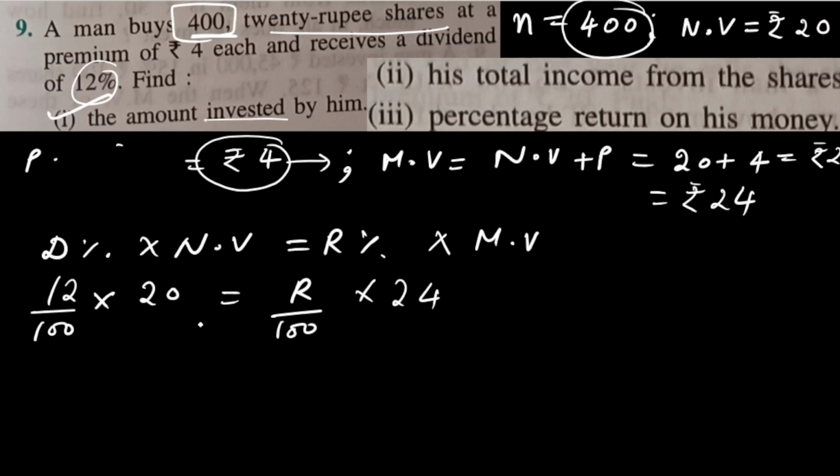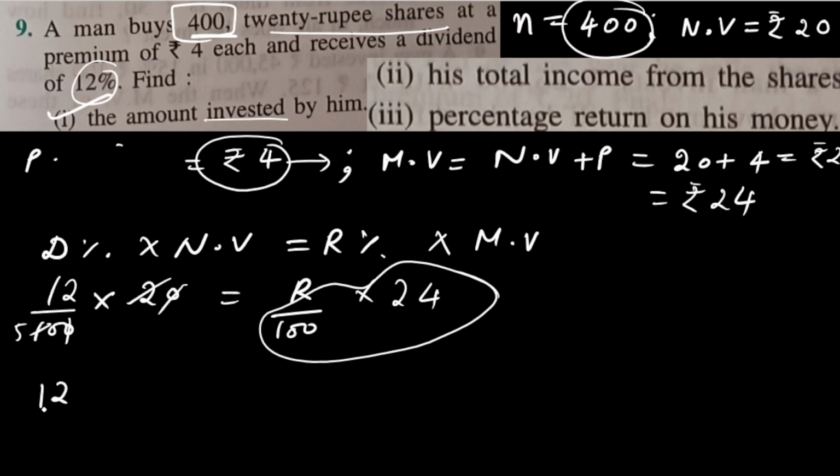So here let's shift these two things to the other side, because we have to find R, right? So 12 here, 10 and 10 we can cancel. 2 into 1, 2 into 5. So we are left with 12 by 5 into